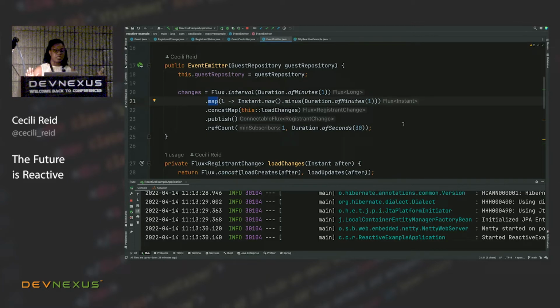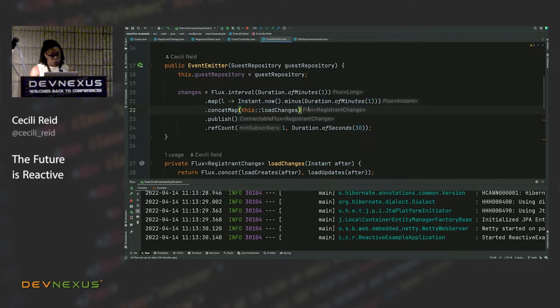I'm cheating a little bit. Usually, you want to do something with the thing that's being passed in, but this is a bit of a cheat because I just want an event to be emitted every minute, and this is a way that I can make that happen. I'm just going to throw away that long and just generate an instant of the past minute.